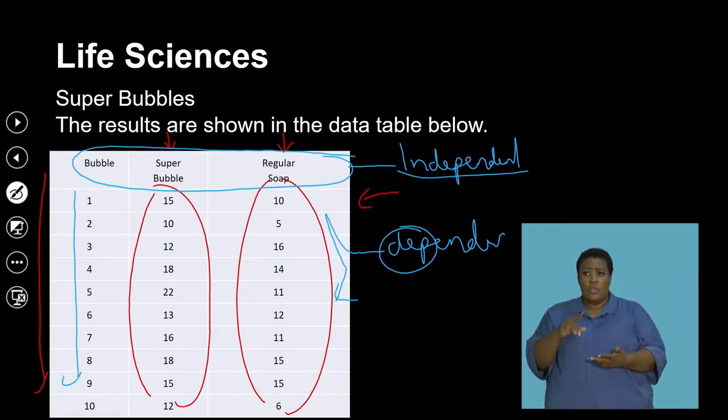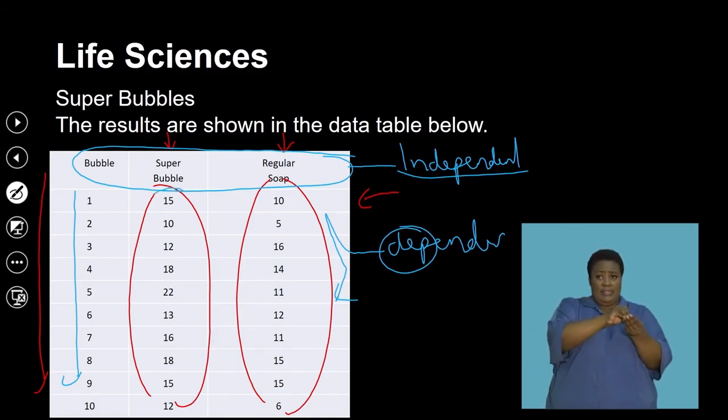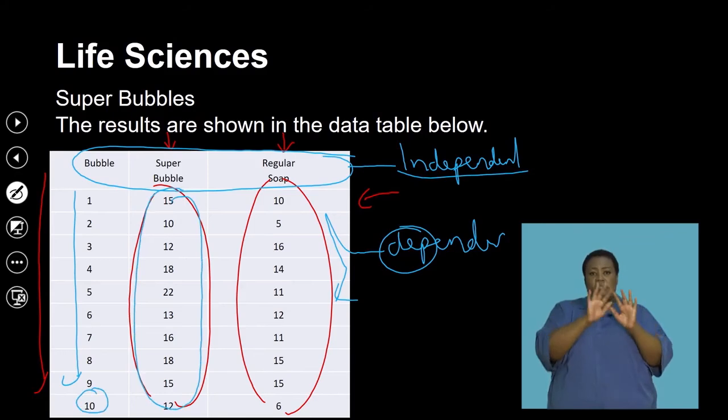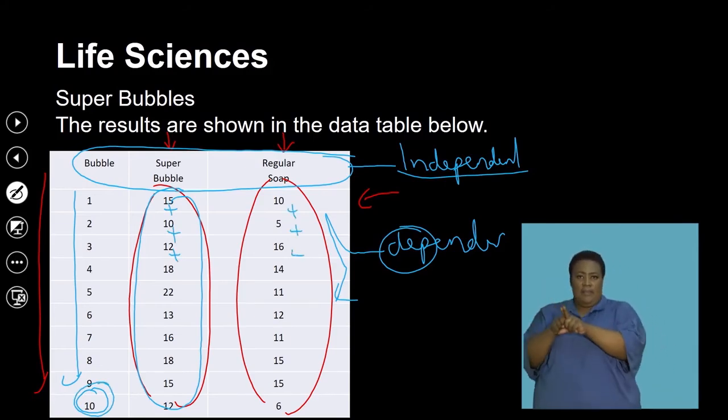And in this case, you would need to add up the sum of all these 10, and you would need to divide that sum by 10. And so essentially it's the total of these. So you've got to add them up, and you've got to divide by 10, and you've got to do the same for the data collected for the regular soap, and that would also be divided by 10 to produce what